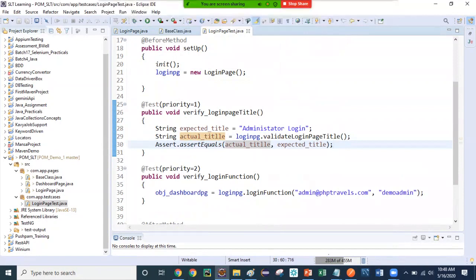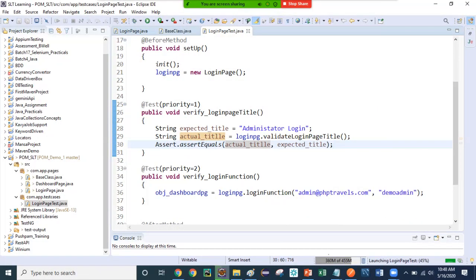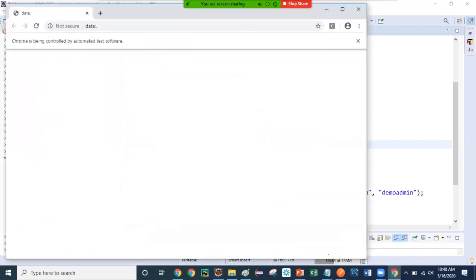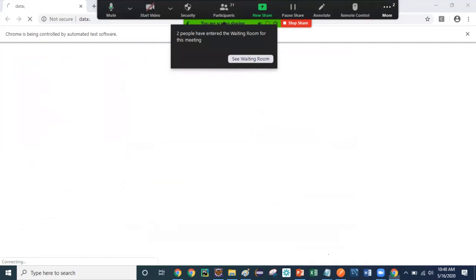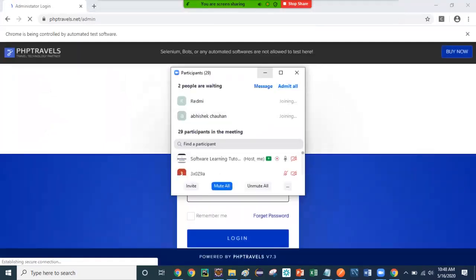If I right click and run this as a TestNG test, you can see the action. I am using one test application for the testing purpose. I will add the information in my video itself, how you can utilize this particular testing.